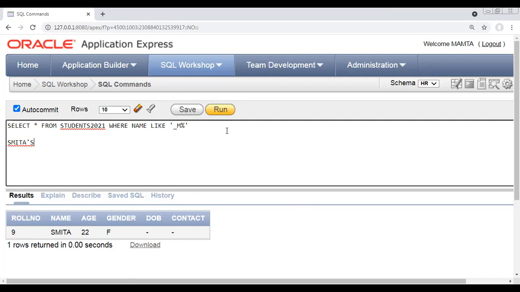For making any changes, we take the help of the update statement. Correct? So we will use it here. Update students 2021 set name equal to